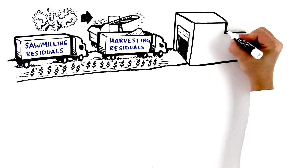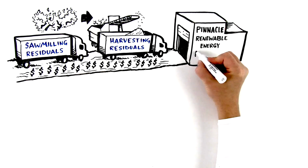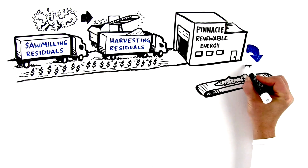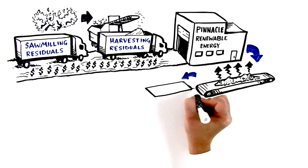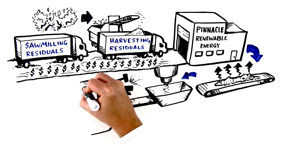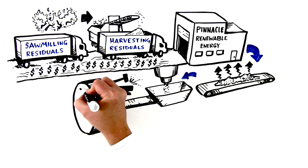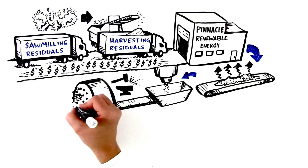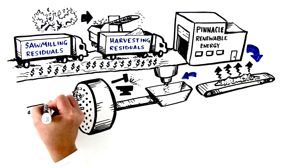And when the various residuals arrive, we get right to work. To start, we dry the wet material in a large dryer. Then we mix this with dry shavings and feed this mixture through the hammer mills, where it's ground down into more manageable particles. Hammered material is then squeezed through a high-pressure pellet die, which pushes out pencil-sized tubes of compressed